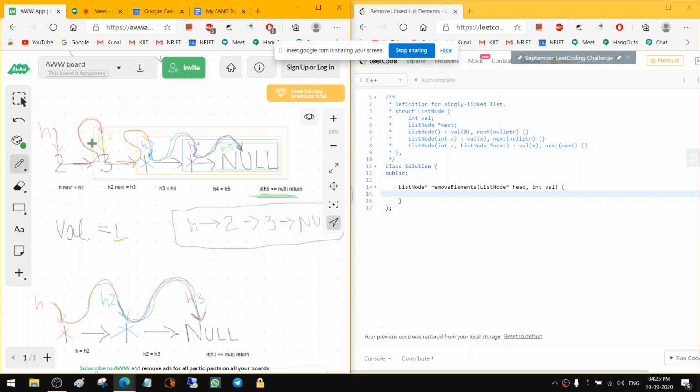Note that h1, h2, h3, h4 is just the head pointer in the recursive call, right? There's no difference. Every time the recursive call is made, the head pointer will be head only. So in the case of having a green recursive call, green box, we will have this case, and we need to handle it. So if the head is null,